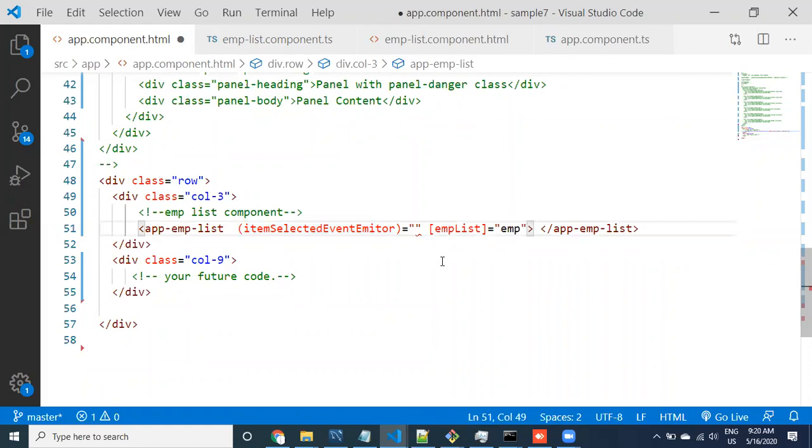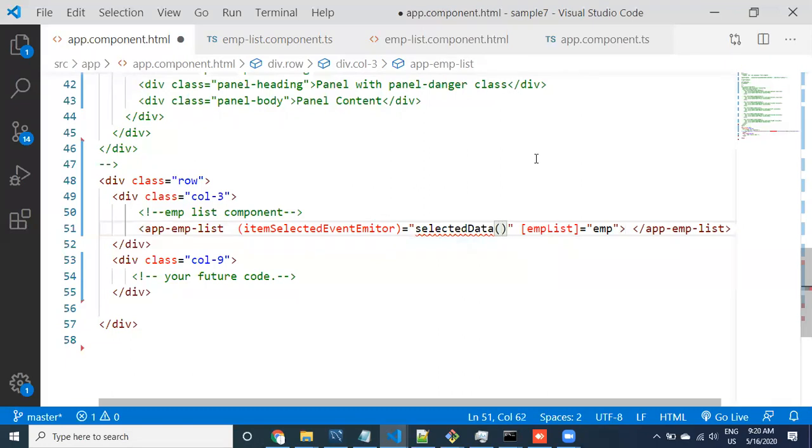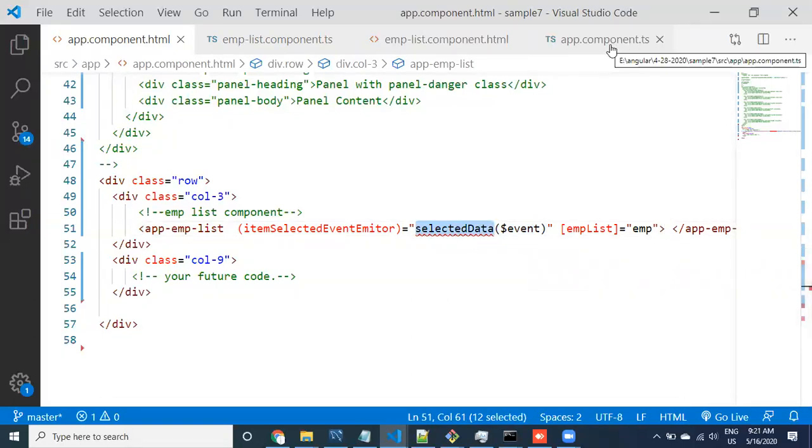If you want, you can assign some values. So we can say selected data. This is a method, and then whatever event occurred in the child component, that event you need to use. See here guys, as part of the event the data is going to come. That's why for this event, selected data, dollar event, current event. Now you have to take this selected data method, and then you can go to the app